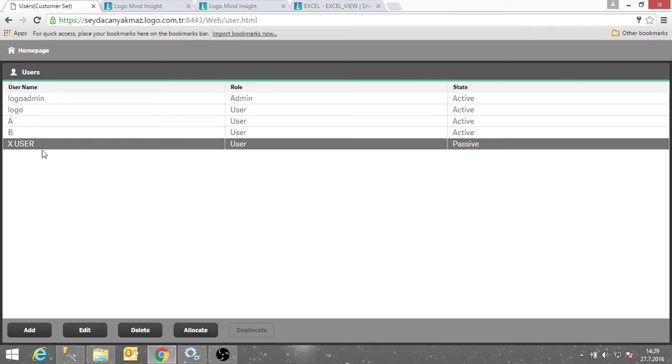If you change the user state from passive to active, you are allocating a license for X user, and you are not allocating it for any other users. I will allocate one of my licenses to X user, and I have to refresh my